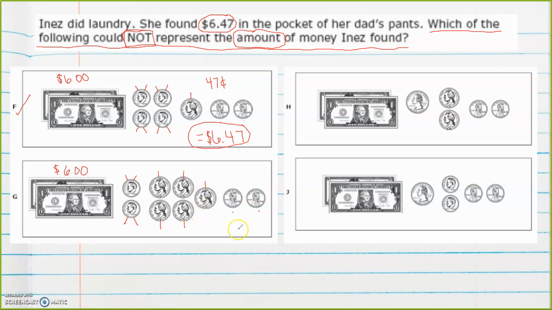So remember, we're going to count by 5s for each line. 5, 10, 15, 20, 25, 30, 35, 40, 45, 46, 47. 47 cents. And with my $6 and with my 47 cents,